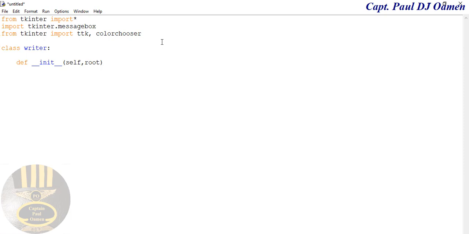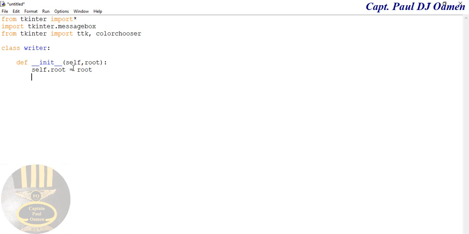There we go, enter parentheses there. Now you see self.root. I'm going to call self.root so that I can define the name of my application. I'm going to just call that self.root